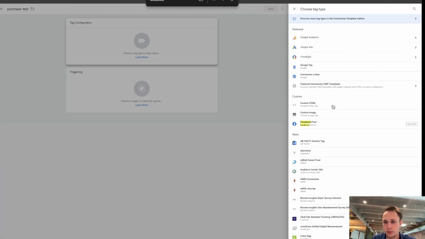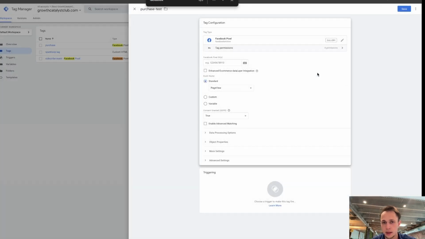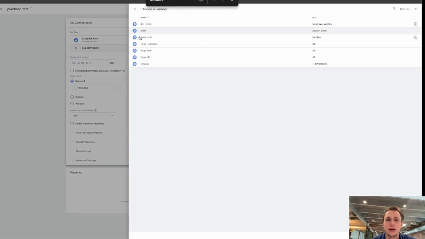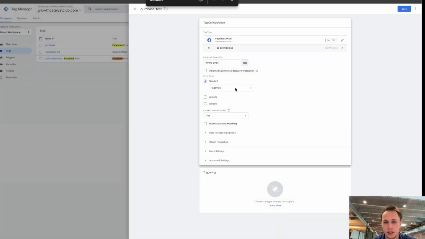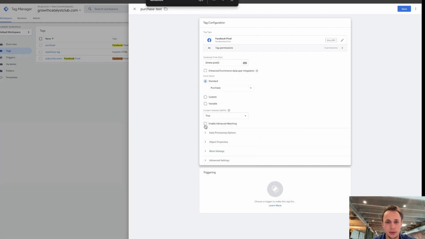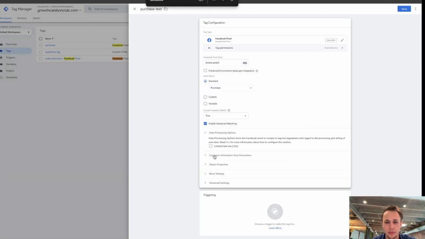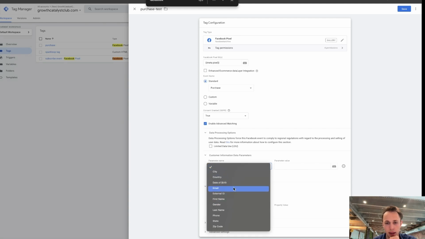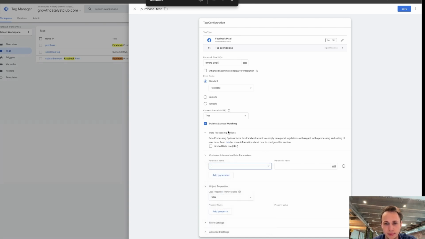So find Facebook pixel, add this, and then you would add your pixel ID. If you created a variable, you can click on here and select meta pixel as a variable, and then you change the standard event to purchase, and then you enable advanced matching, and here you would add where it says